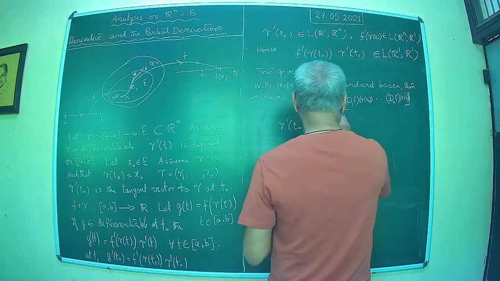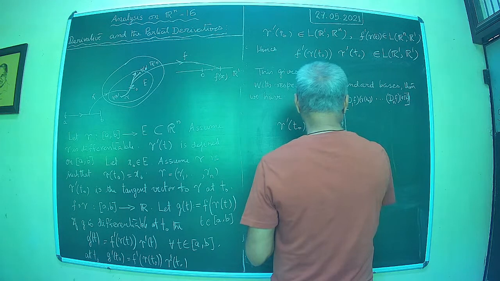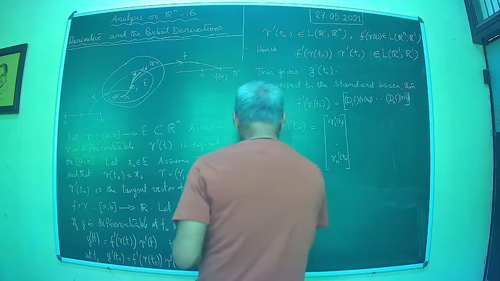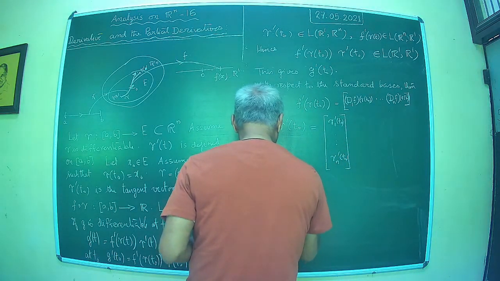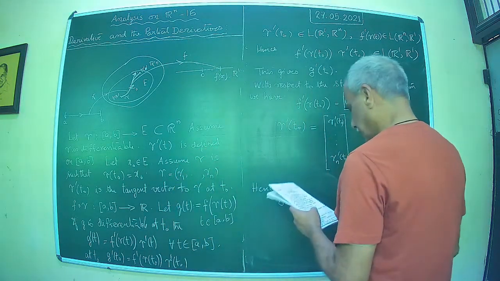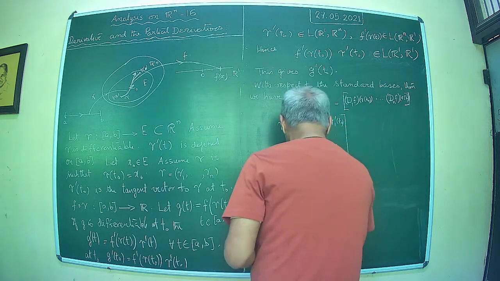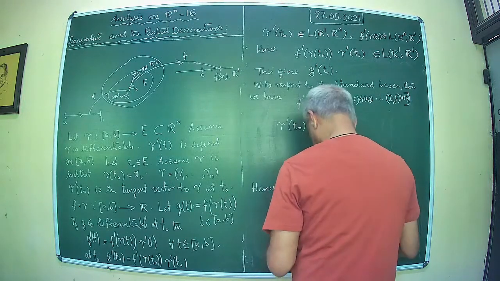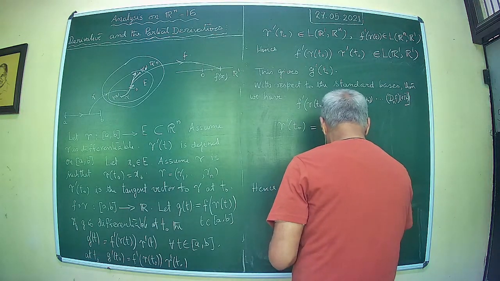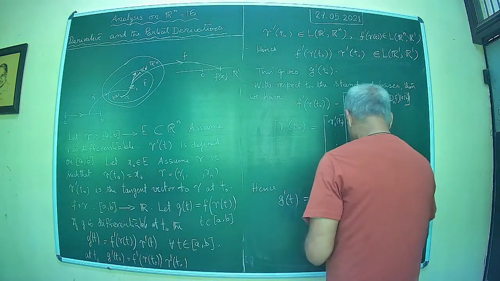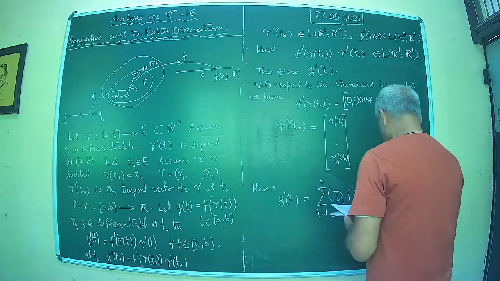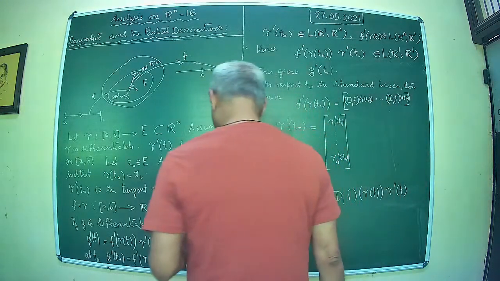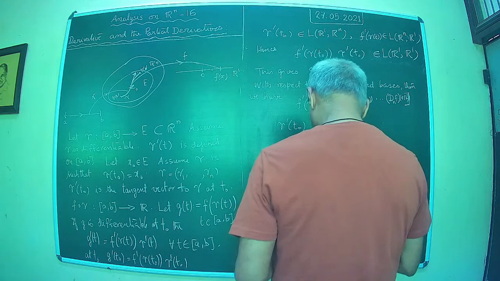This is equal to the dot product of these two essentially, given by sigma. Okay. Now this is the